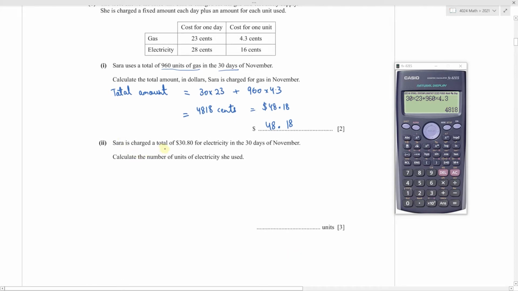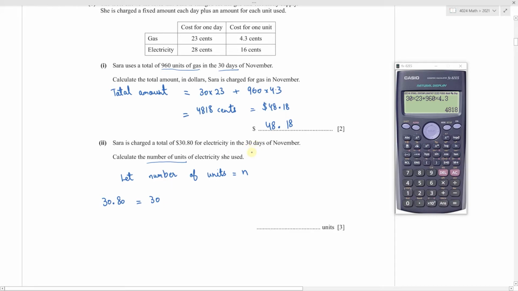Part 2. Sarah is charged a total of $30.80 for electricity in 30 days of November. Calculate the number of units of electricity she used. So again, your total amount, this time you're given the total amount, you have to calculate the number of units. So let the number of units equal n. So now your total cost is $30.80, which equals the cost with respect to days. So again, there are 30 days in November,